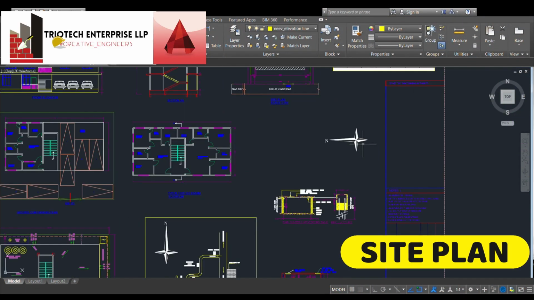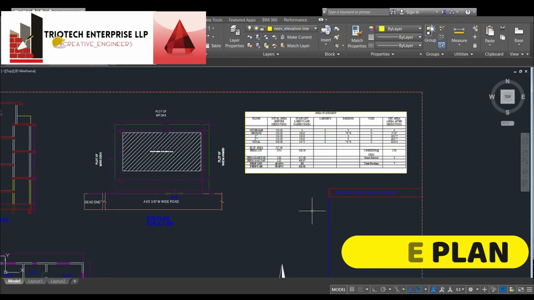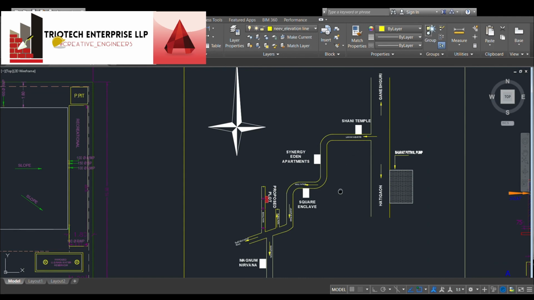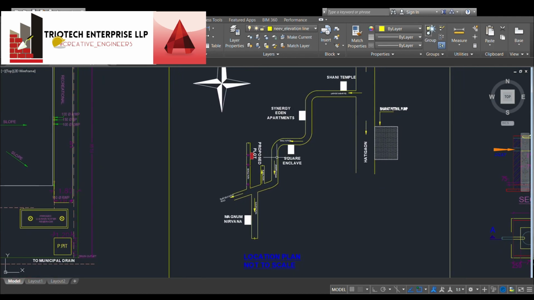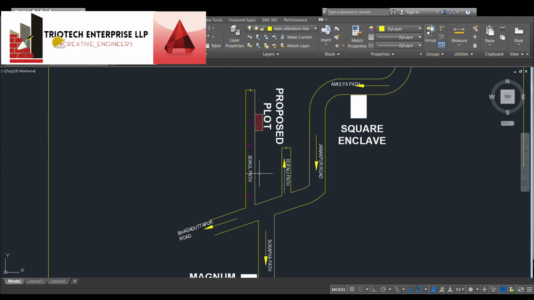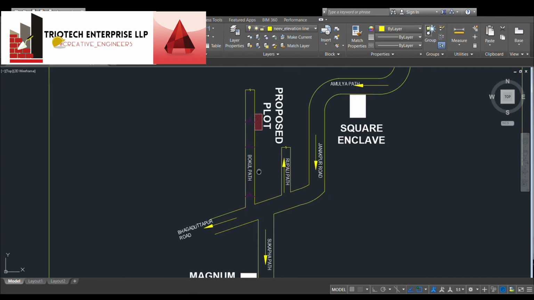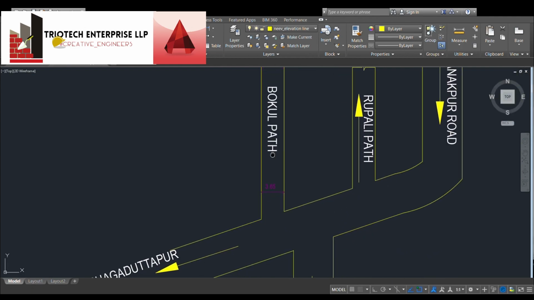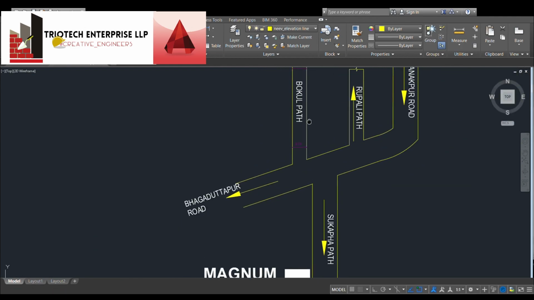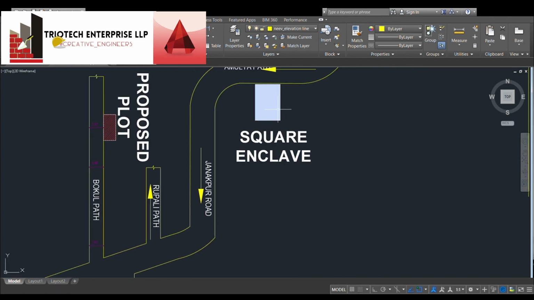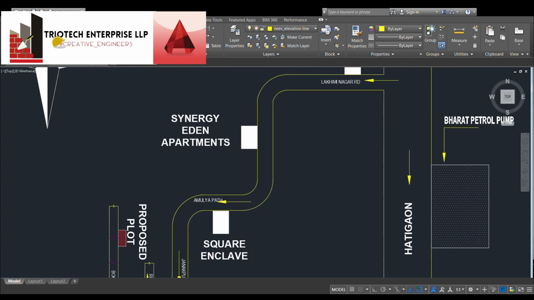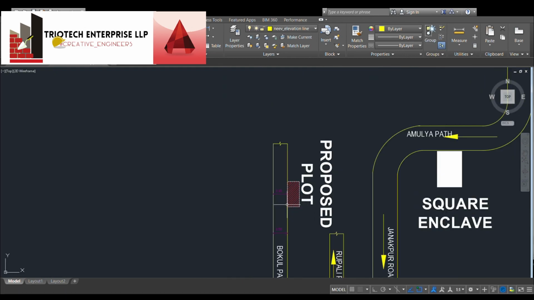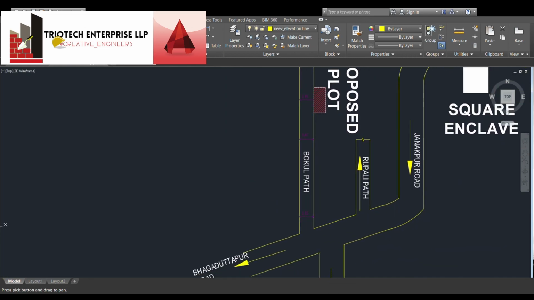This is the format of a permission drawing. As per our site inspection, we have done the work accordingly. The location of the site is at Kahilipara. The road follows as we show here, finally ending at Bokul Pot near Janakpur Sariali. From the site visit, we found that the road width is 3.6 meter. As per the GMDA bylaws, the basic requirement for a G+2 permission building is a minimum road width of 3.6 meter.